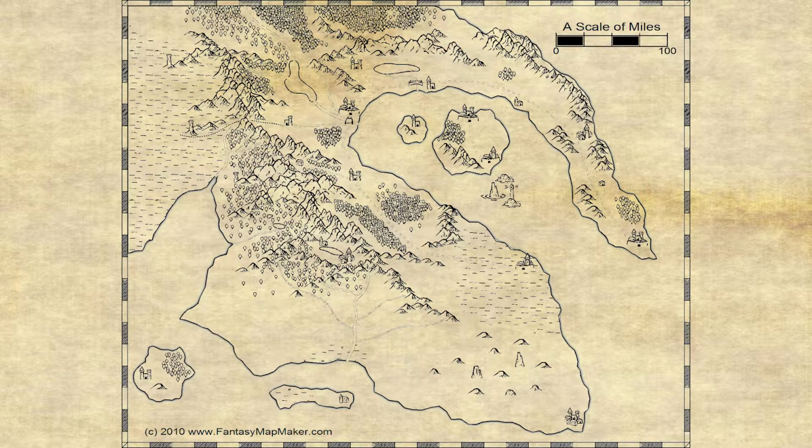So what's really cool about this map is that it's got a scale. We know which way north is. You'll notice there's not a lot of pre-made detail in this map. You are pretty much free to assign whatever names you want, whatever kingdoms you want, whatever cultures you want. We do have some obvious cultural distinctions from different geographical regions. There's some plains and some deserts and some highlands and mountains and oceanic areas. But other than that, you're free to do with it as you please and put on whatever names you want